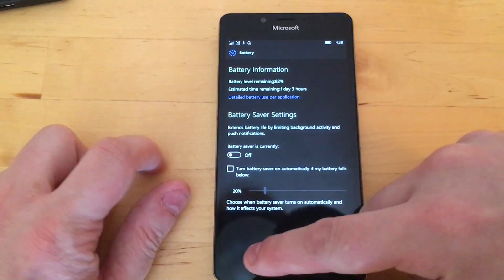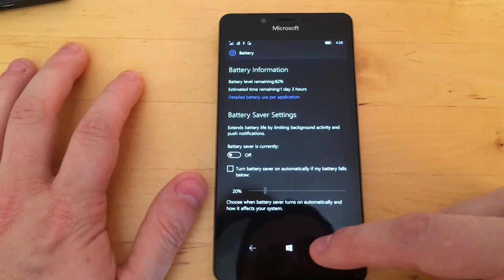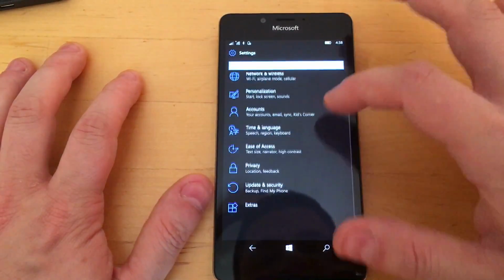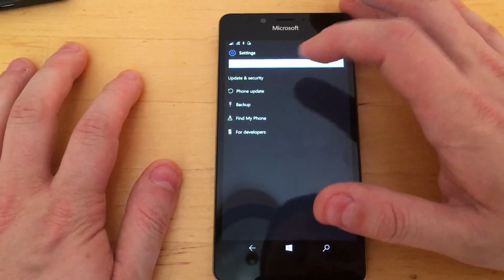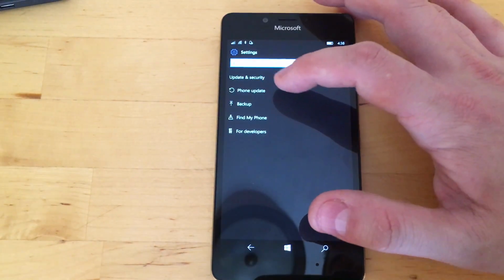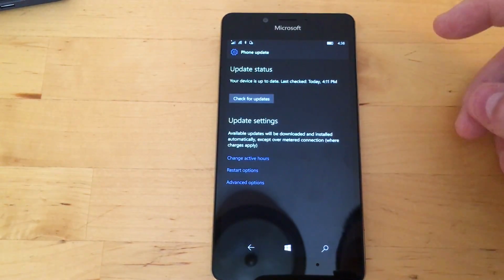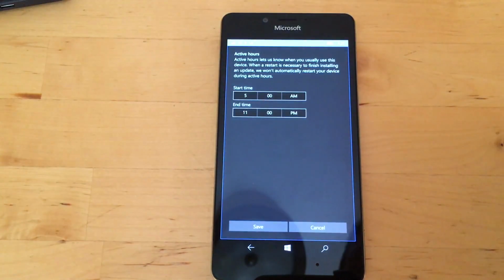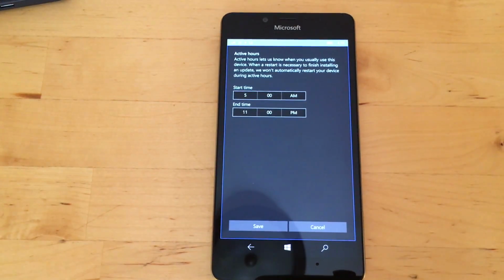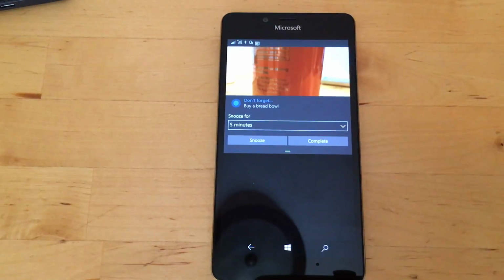So we also have new Windows Update settings. Now this is something that, again, it says phone update. We have the icons, and we can also set active hours. So this is setting 5 a.m. to 11 p.m. Now it's interesting because the PC would set it